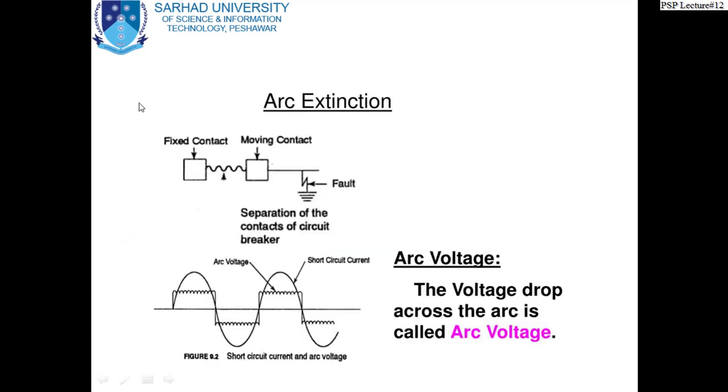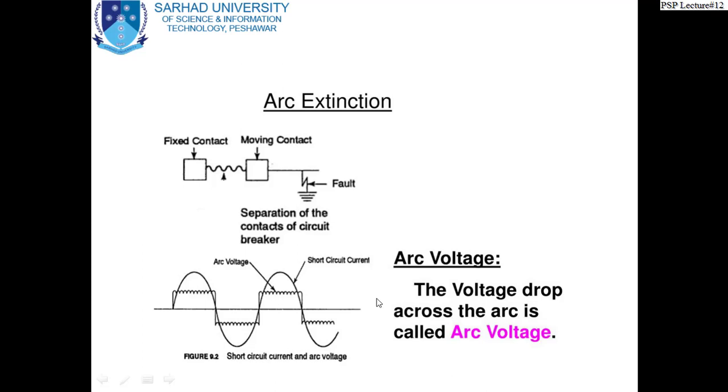Now see here again the same figure. You see we have a fixed contact and a moving contact, and when the moving contact moves away from the fixed contact, an arc is produced, and the current continues to flow in this path unless and until it is extinguished. This figure has already been explained to you. You just go through this figure. If you have any point, then we will clear that point in the interaction class next week.